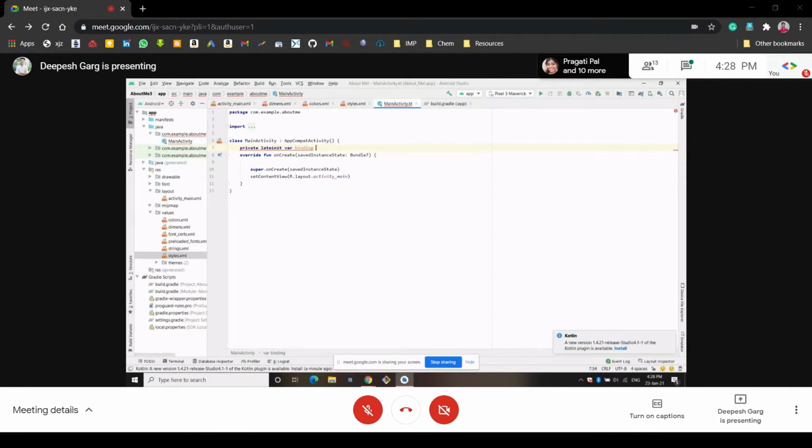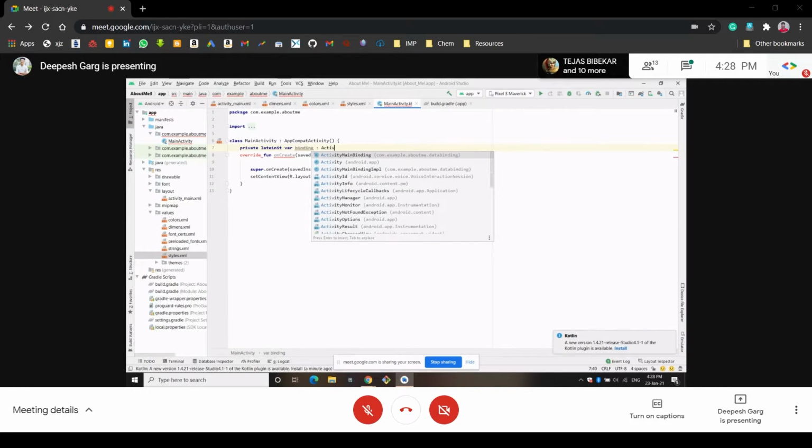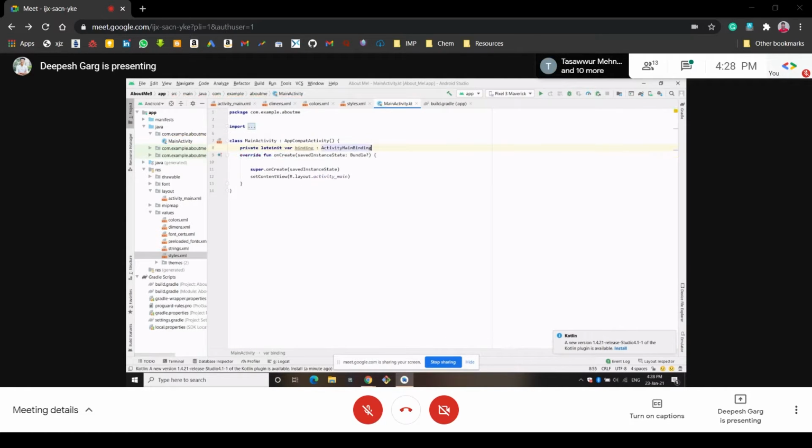And then how should we define that this is a binding variable? We have to write here ActivityMainBinding. So here we have defined this variable called binding, and it refers to ActivityMainBinding.